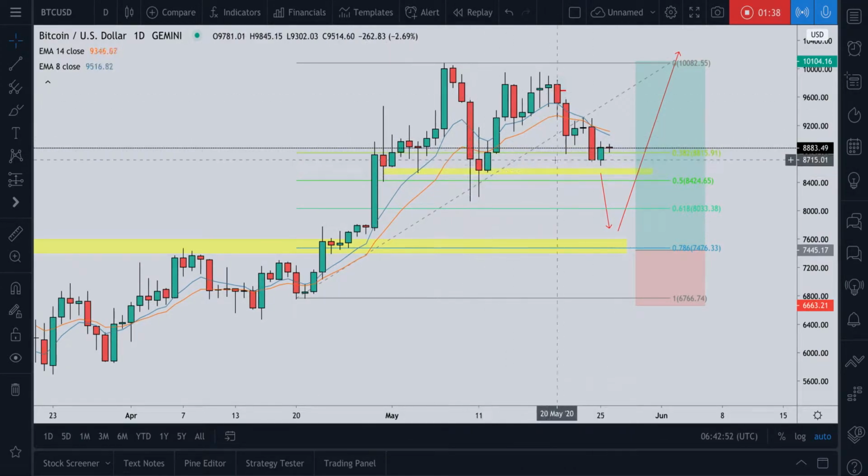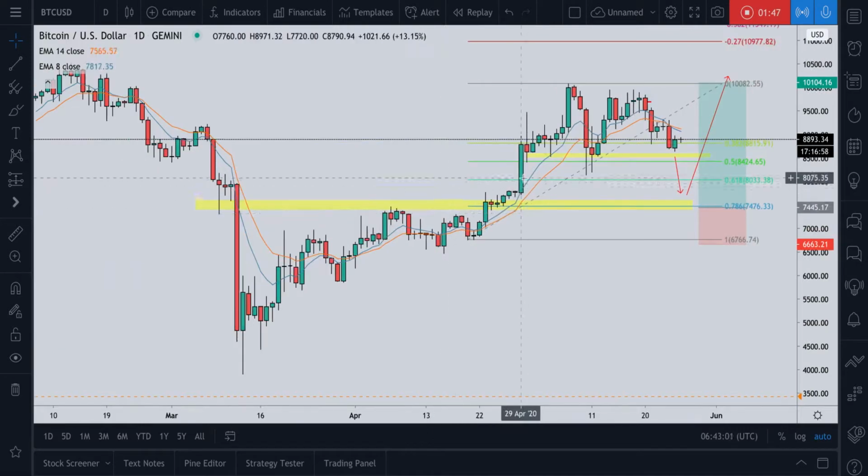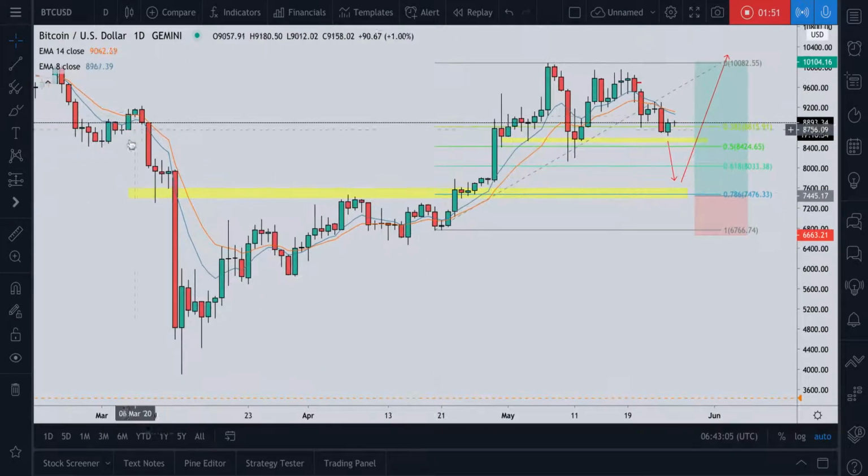But we need to see price break this support level here, retest, and continue to the downside, and accumulate liquidity from this level. Why do I consider this a liquidity level? When you look previously on your left side here, we see accumulation phases, meaning we had institutions that